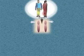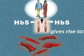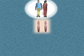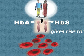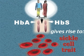A person with sickle cell disease has inherited one mutated hemoglobin gene from each parent. Some people, however, inherit only one abnormal gene from either their mother or their father. These people have what scientists call sickle cell trait. Because much of their hemoglobin is normal, they do not experience the symptoms that people with sickle cell disease often